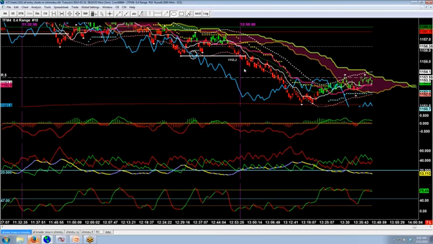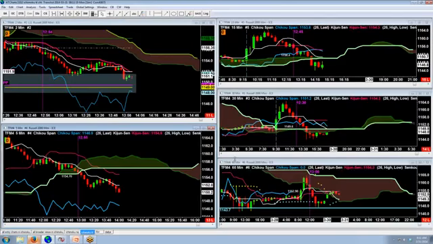So in looking at this, we know that we've got a floor trader pivot area below us here at 53.50, but how you could determine how much room you have in the way of this trade, how much room you have below you, is you can look at multiple time frames. So as I said, this is a 4-tick range chart, and here are the Ichimoku indicators on a